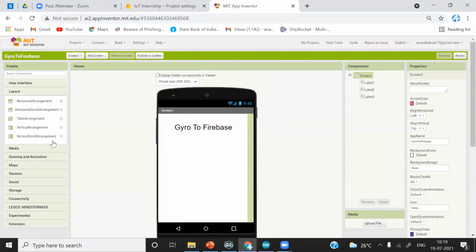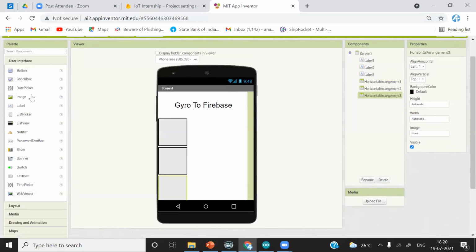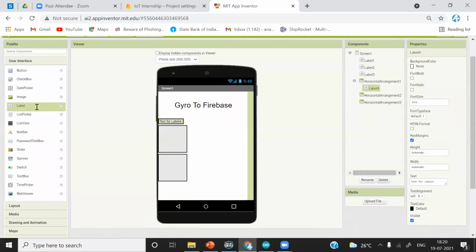So we will take the layout first. We are going to need 3 layouts, and in each layout we have to add the labels. I'm just repeating yesterday's procedure that we already performed.